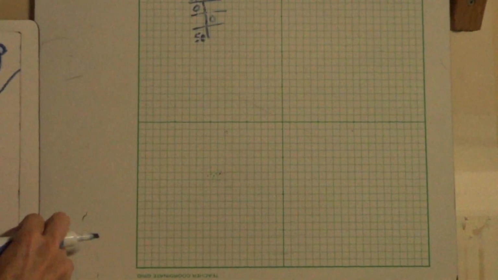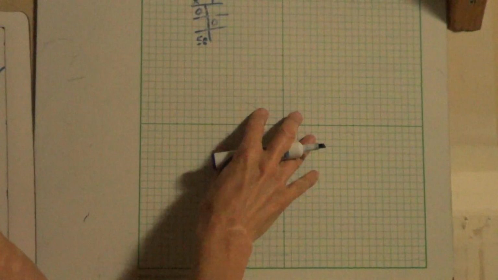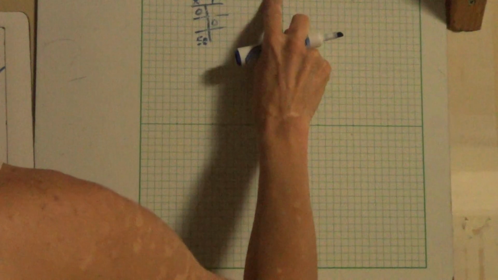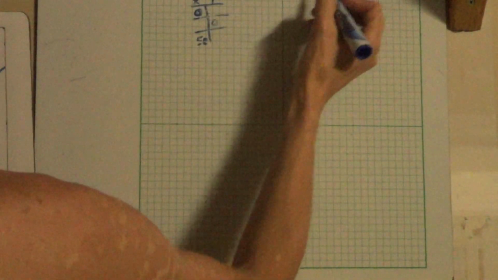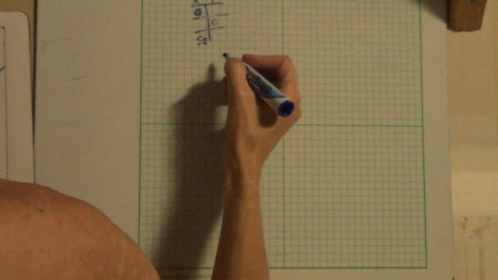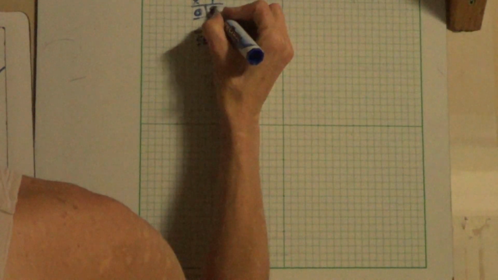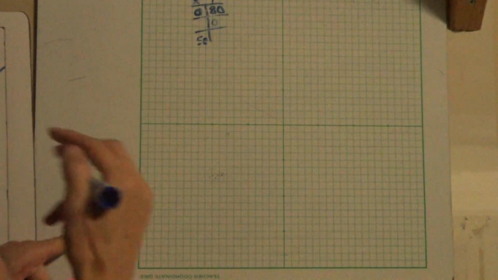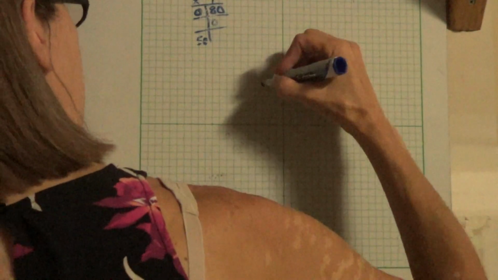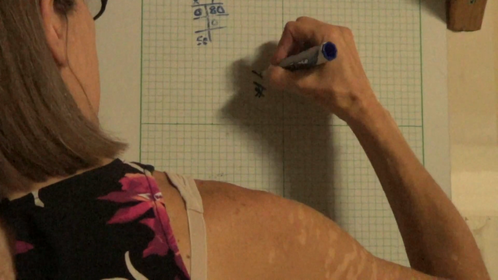It might be helpful just to go ahead and graph that. So in graphing that, we pretend x is 0, and we solve for y. We would have to have 80. Okay? So if we make y our number of blankets,